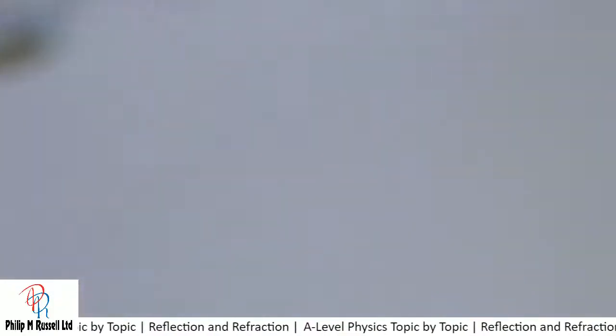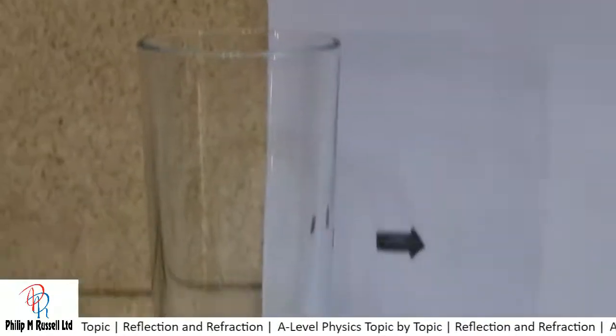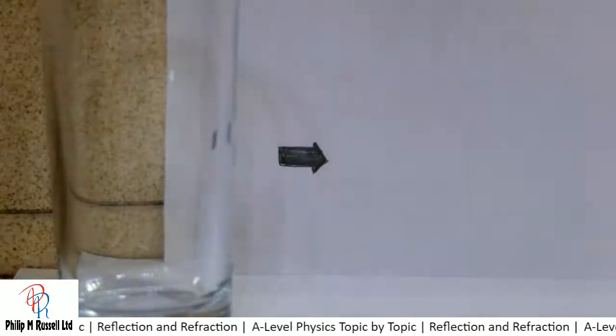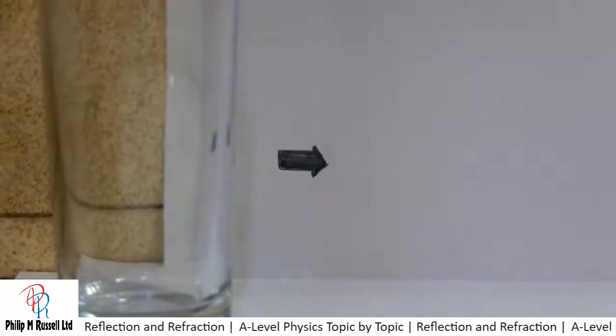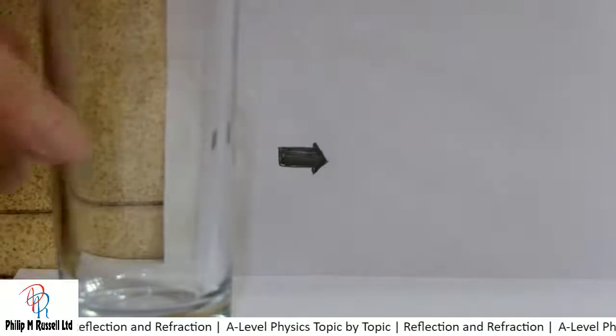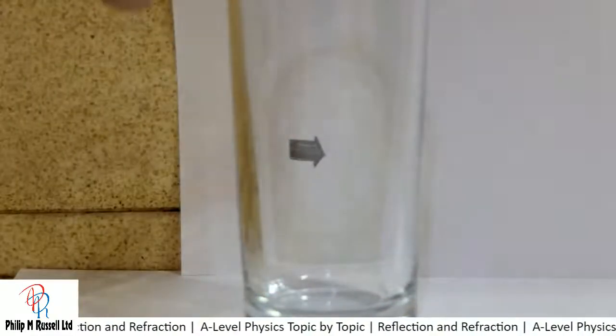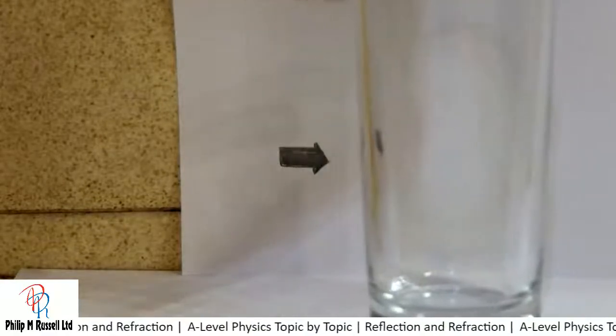Now we're going to take the camera down so that we can see perhaps this a little better. And as I move this glass in front of the arrow, you'll see that basically it's getting bent a bit,